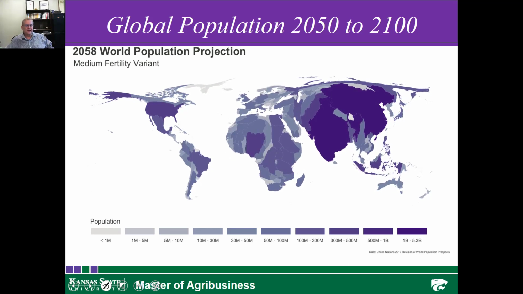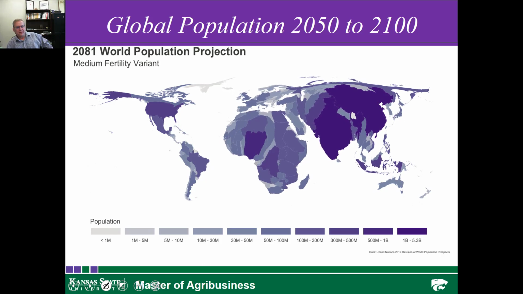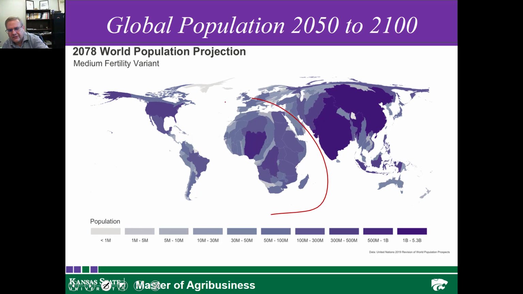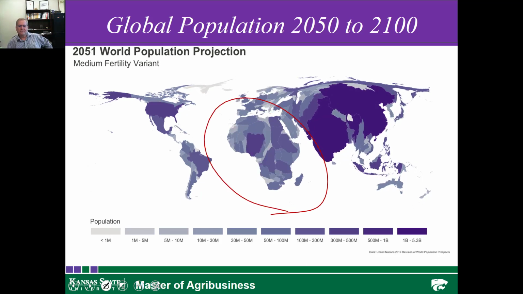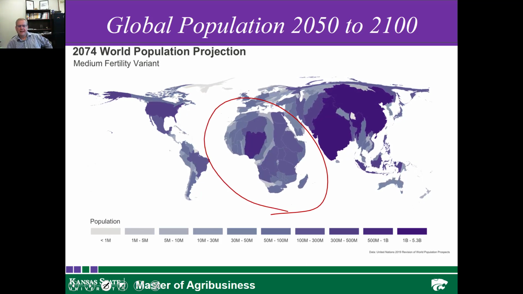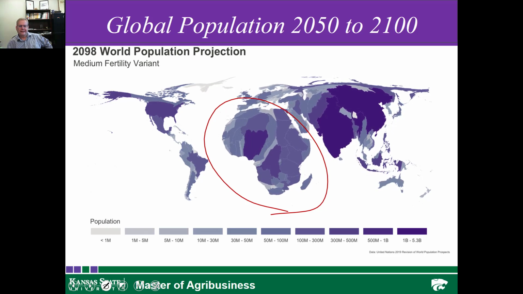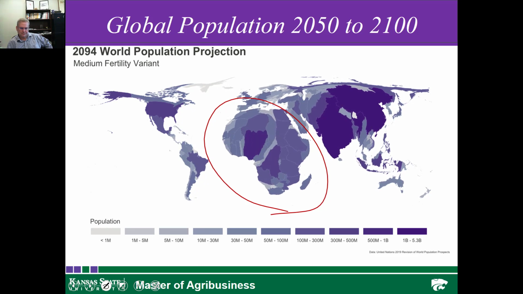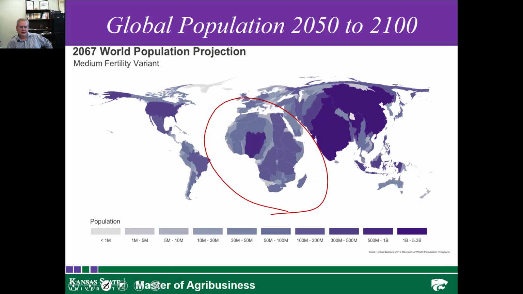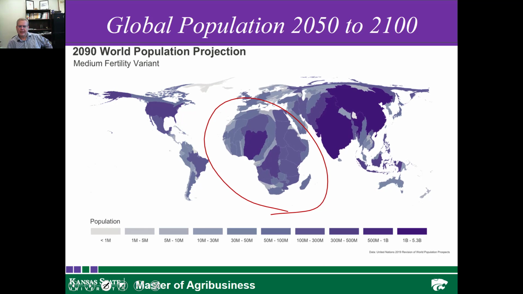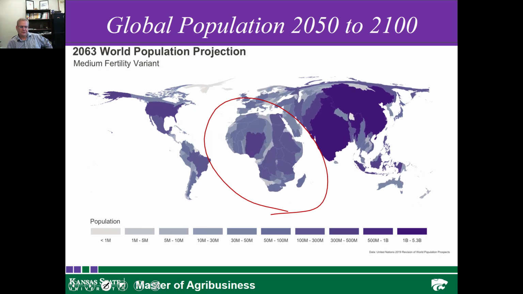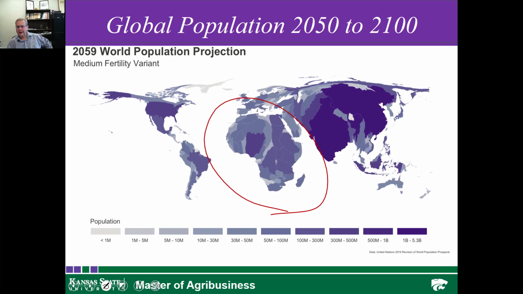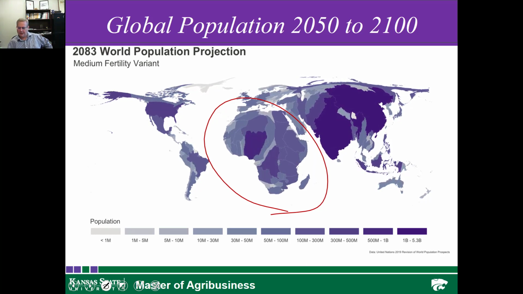If we look at the projections, and again, it's always a little bit dangerous to look at projections, from 2010 to 2050, for many of you, this will be the generation that your kids live in. Probably the big thing there is just the expansion of Africa. Again, you see that from a relative scale, even Asia begins to become less dominant. And so Africa is really going to be the predominant aspect as we move forward.